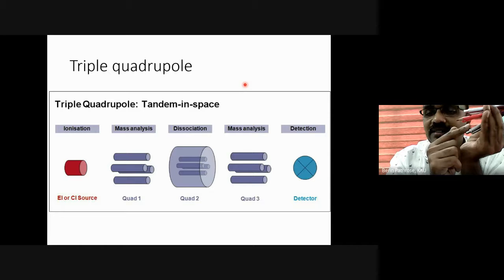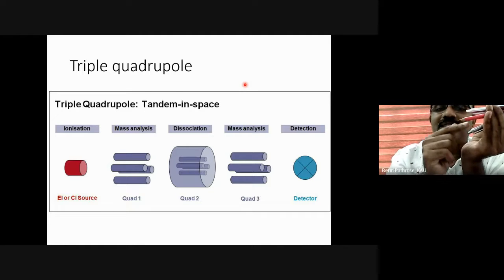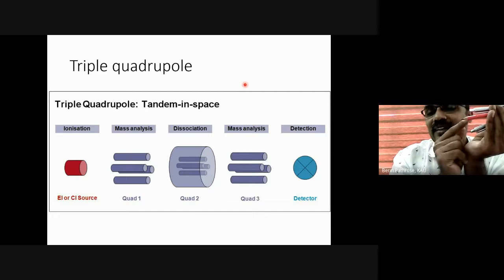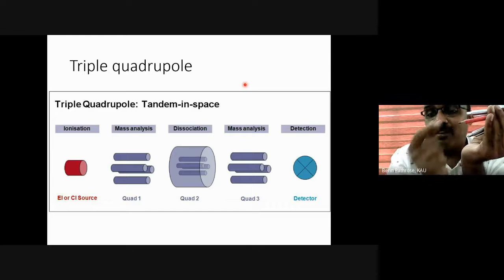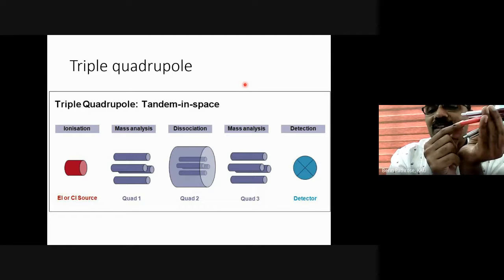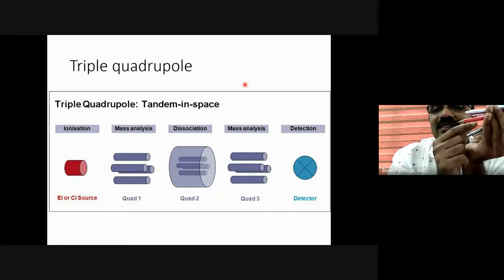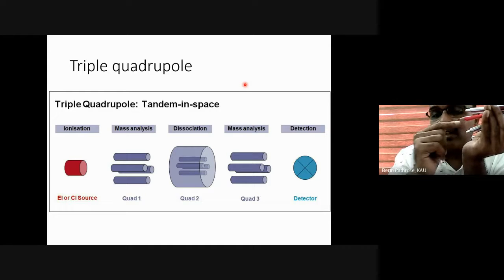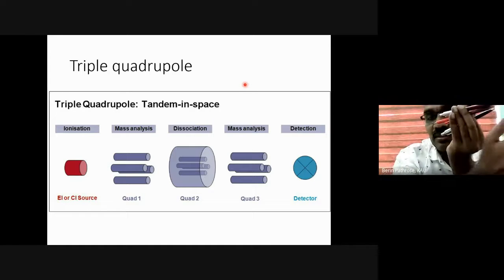But within the next millisecond, this negatively charged rod will be positively charged. So before reaching this negatively charged electrode, the quadruple changes its charge to positive, and the positively charged compound gets deflected towards the electrode that is negatively charged at that time. But by that time, that electrode switches over to positive and it gets deflected again. Likewise, the compound remains in the middle and passes through.